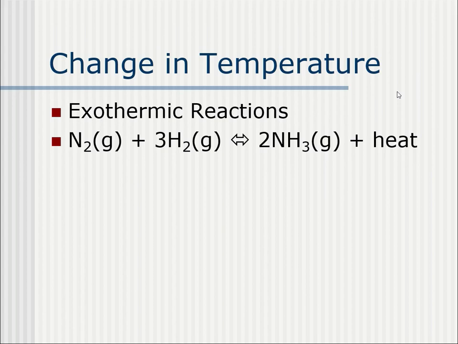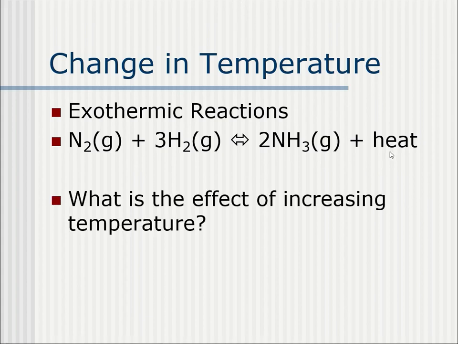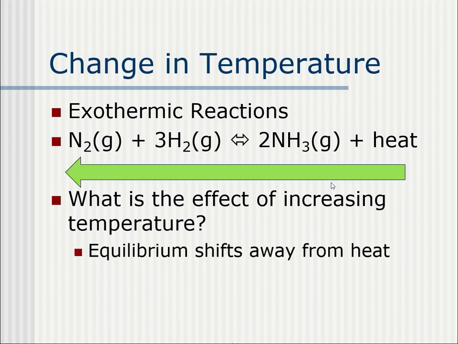So one of the classic equilibrium reactions, and again, I included on your OneNote page some stuff about the Haber process, or Fritz Haber's process, of taking nitrogen and hydrogen and making ammonia. It can be argued by quite a few chemists and scientists that it's in the top 10 most important reactions in history, where they took the nitrogen in the air and added hydrogen to it and made ammonia. Well, this reaction is an exothermic process. So if I increase the temperature, it's going to shift back to the left.